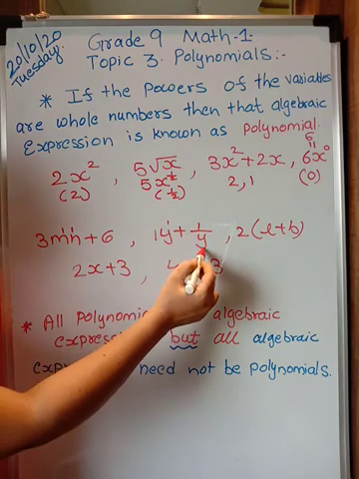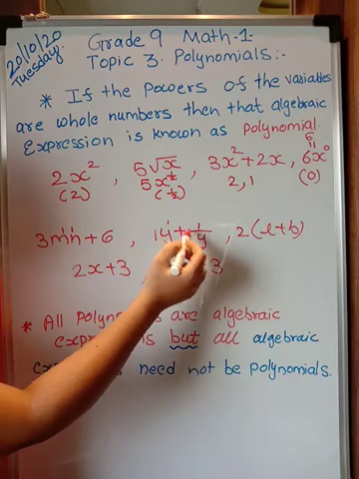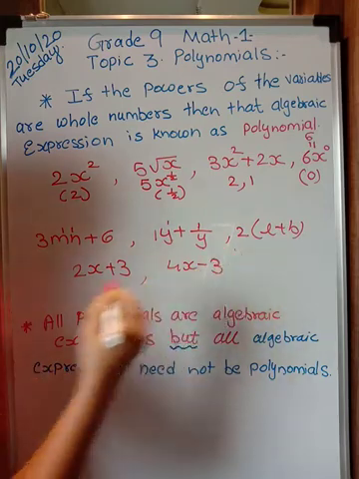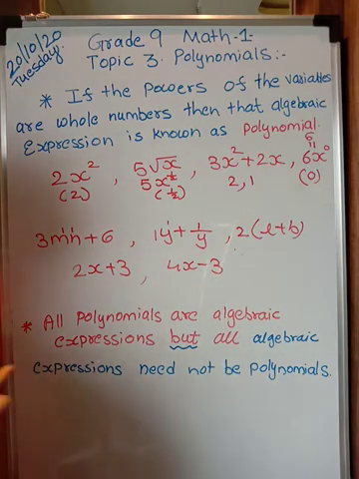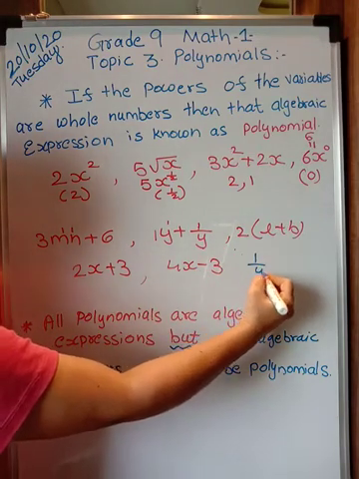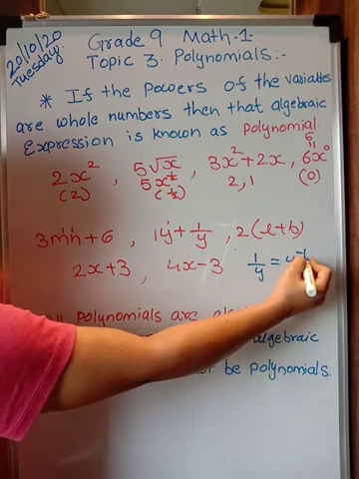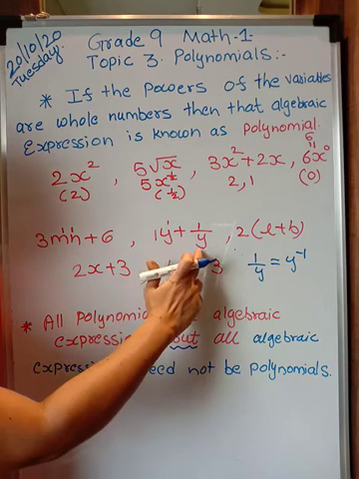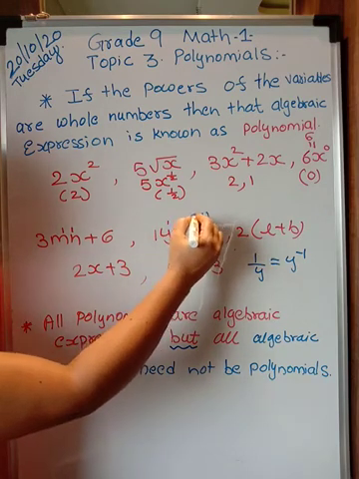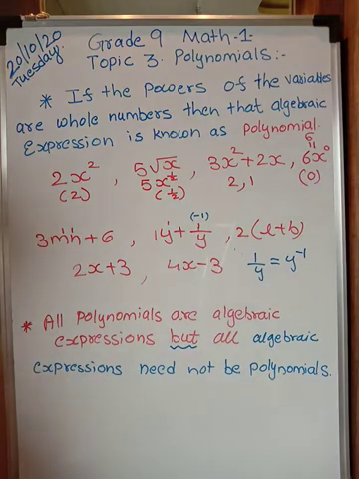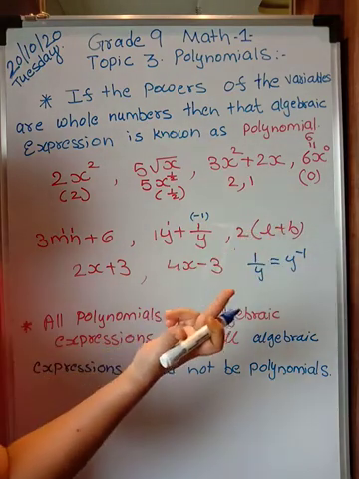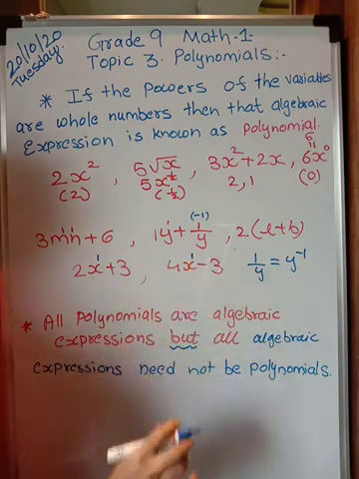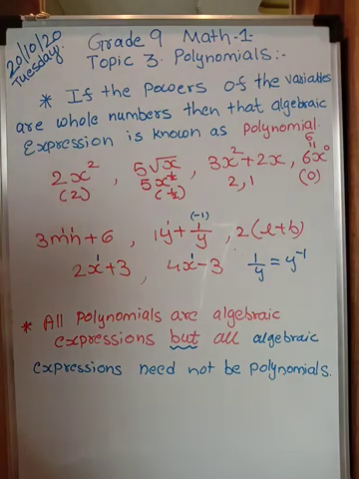Now 1 upon y. This can be written as, 1 upon y is equal to y raised to minus 1. This also we have learned in 8th standard. You remember indices? So the power of this y will be minus 1. Are you understanding me? Okay. Now here the power of L and B is 1. Here the power of x is 1. Up till here, is this clear? Everybody? Alright.